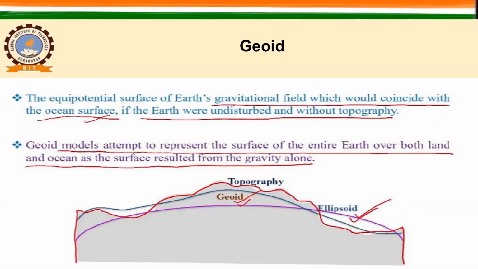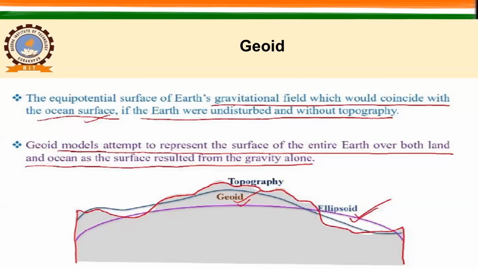So here, if you see, this is the topography, right? And if you have an ellipsoid here, this will be the geoid. It doesn't matter which ellipsoid you use, it cannot be better than your geoid, because the geoid can pick up the local variation, since it is based on gravity. So the ellipsoid and the geoid are both important to represent or model our surface, and then we will ultimately use some referencing system to identify a given position.